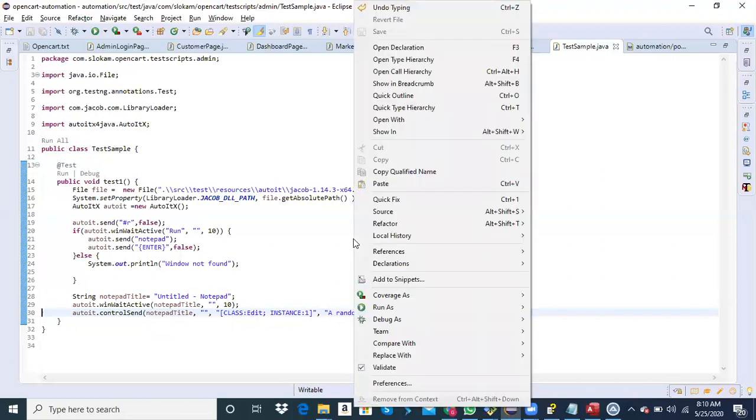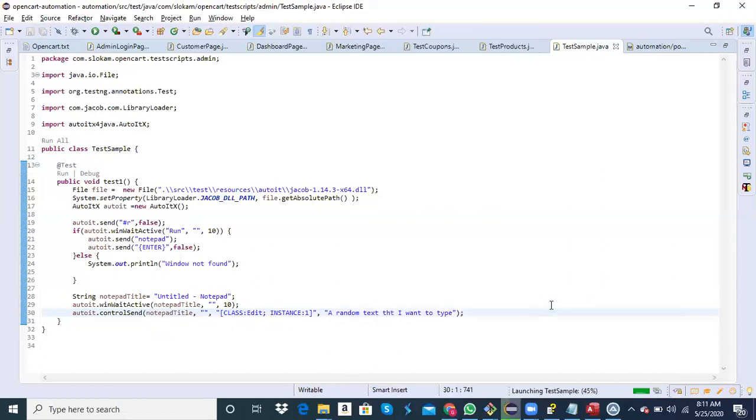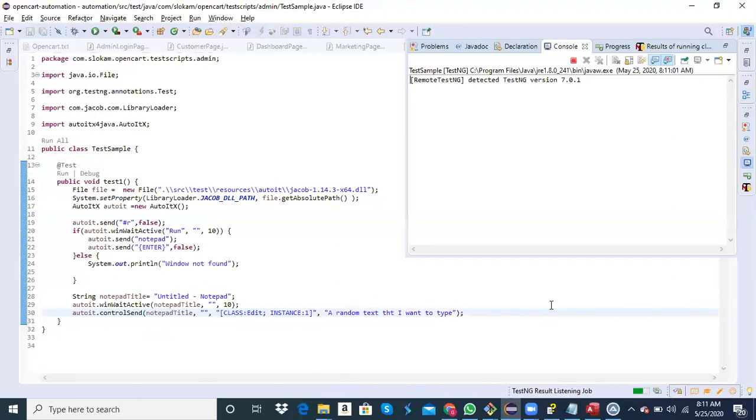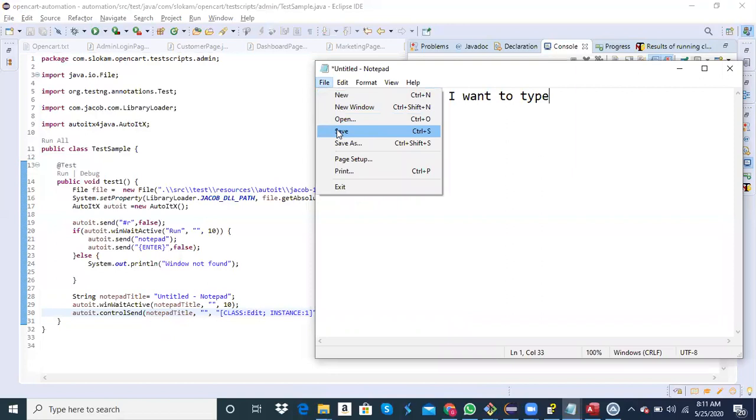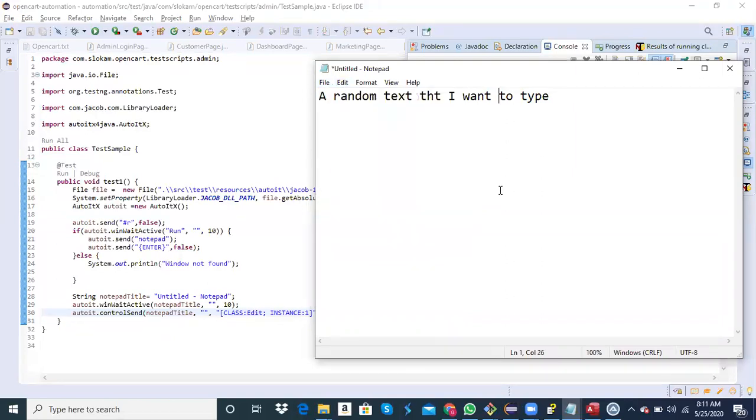Okay, so I'm going to run as a test engine test. Okay, so it says a random text that I want to type. This is what is typed, and you can use Alt F, save, or exit you can use, and then there is one shortcut I have, Alt F4.